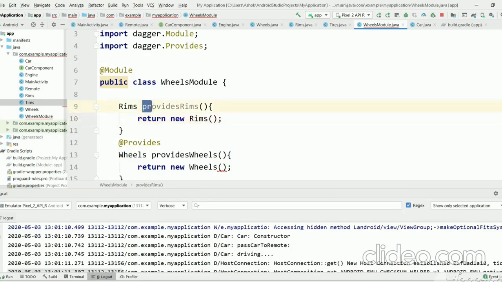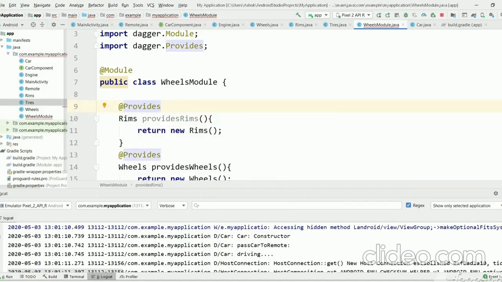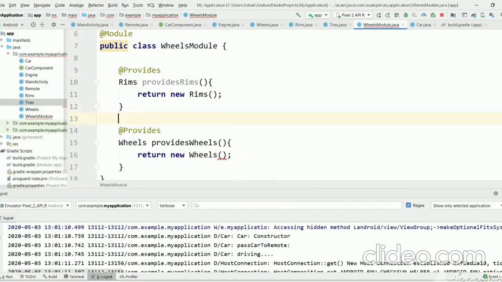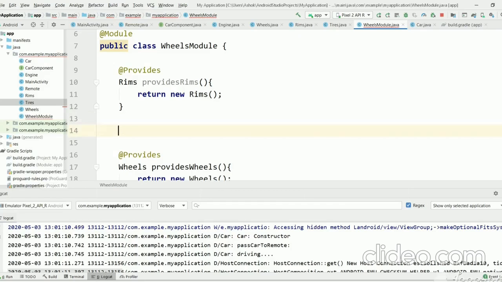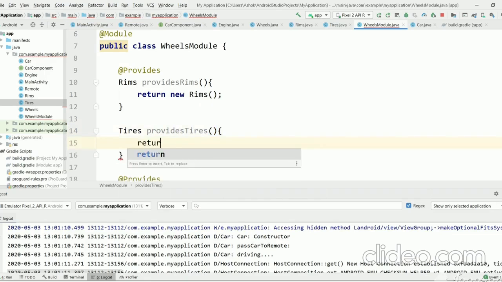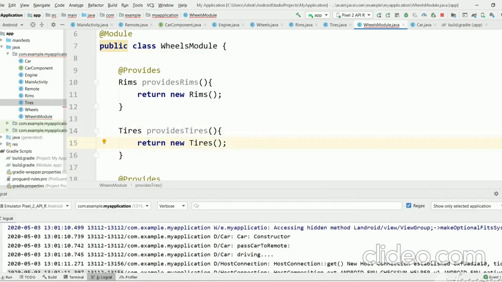The method name doesn't matter, it is just a naming convention. We make it Provides. Then we create a new Provides method which returns Tires, just returning new Tires.